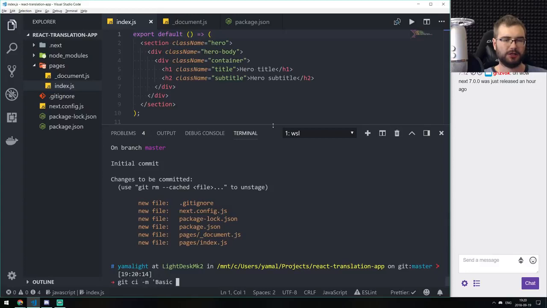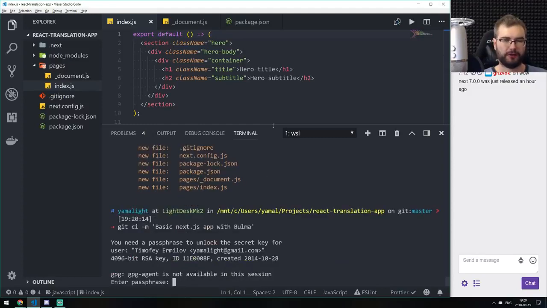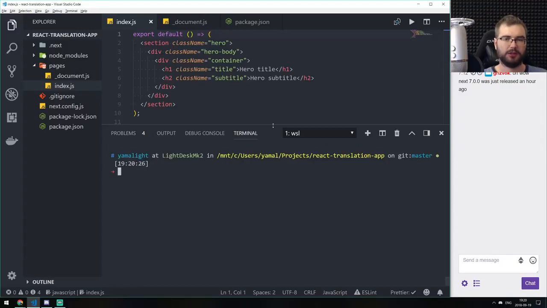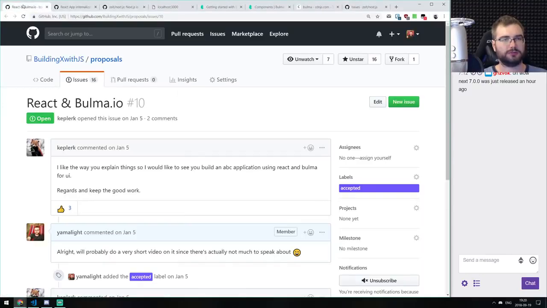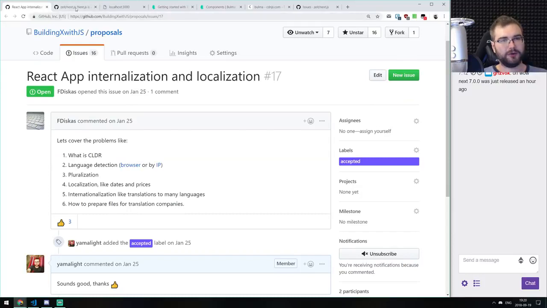Basic Next.js app with Bulma. There we go. Right, I have to sign my commit. Okay, cool. So we did that. We have our basic app. We have the Bulma. So now we can actually close this proposal because it's basically done. Right, and now we need to do